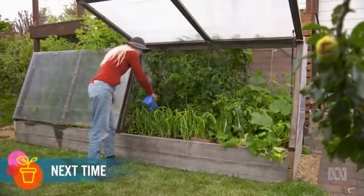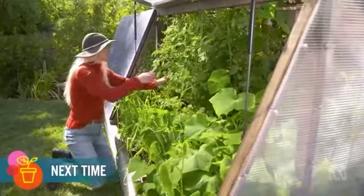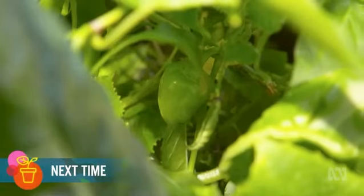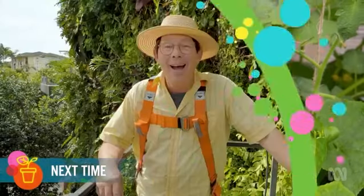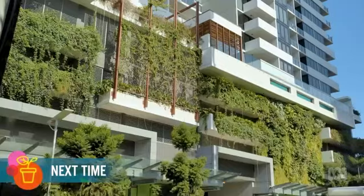I love cold frames because they help me grow and maintain a steady supply of veggies no matter what the weather. But if you thought they were just for the colder months, well, I'm going to show you how you can also put them to use in summer. I'm taking a tour with the designer of 3 very different but equally impressive